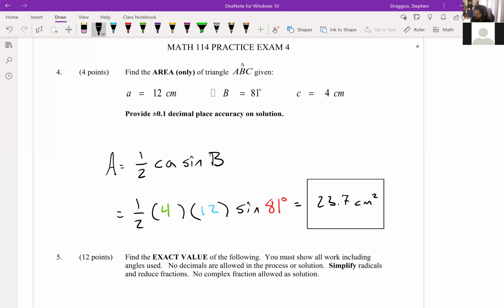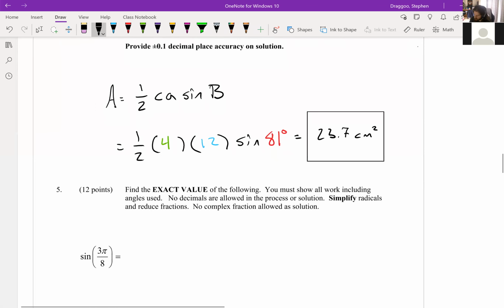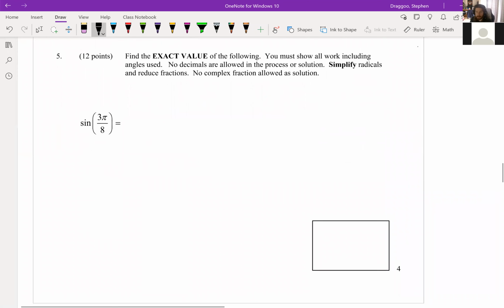Next on to problem 5. Find the exact value of the following. Show all work. Simplify any radicals used. So